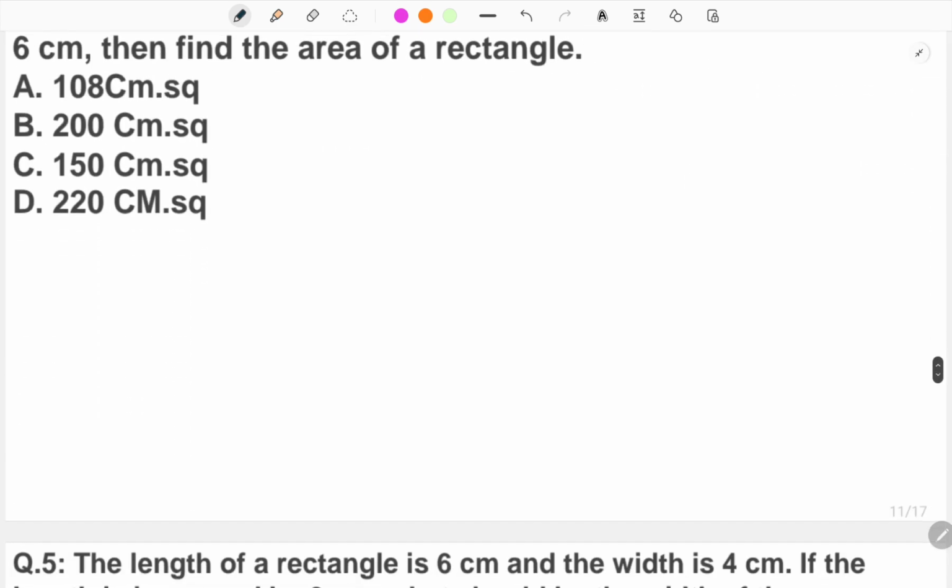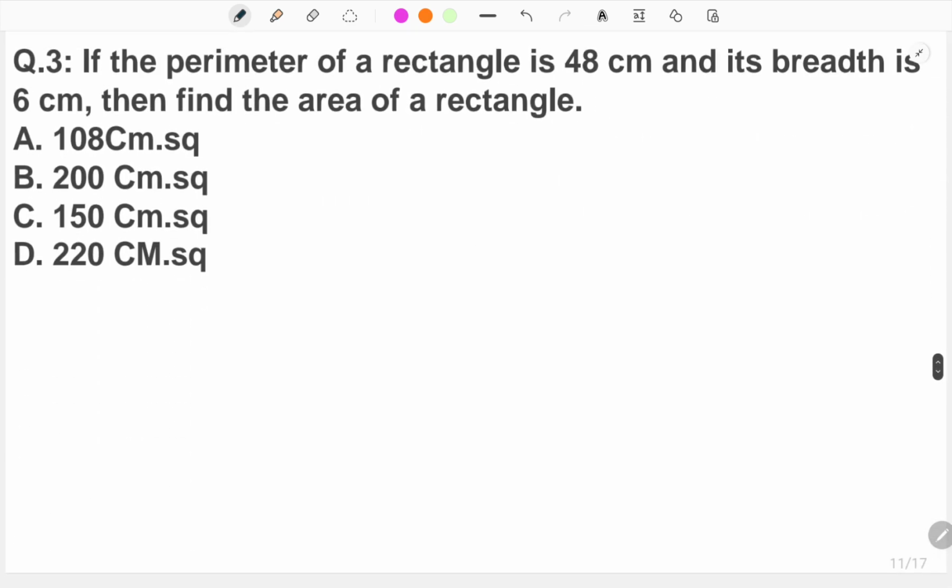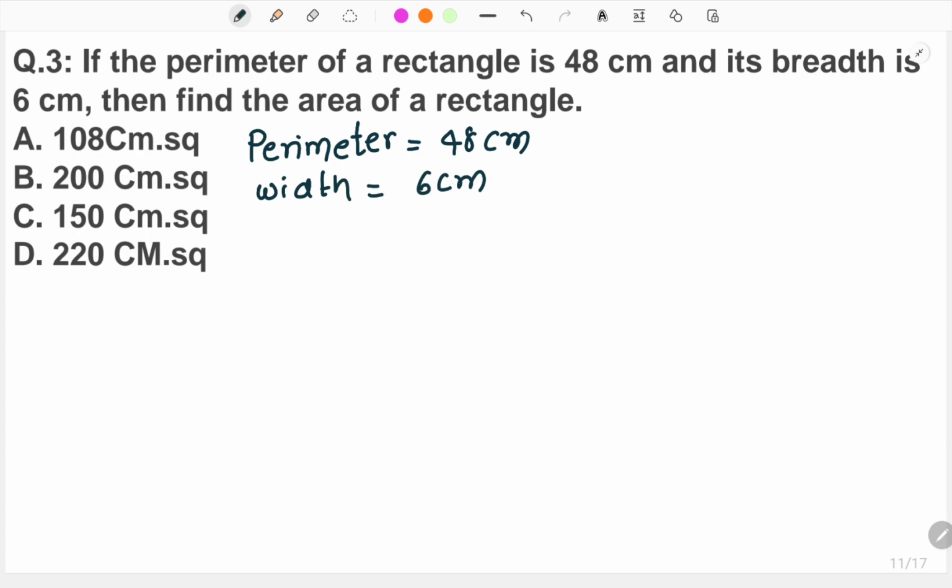Okay, moving ahead with question number 3 now. If the perimeter of a rectangle is 48 centimeter and its breadth is given, what is it? 6 centimeter. We have to find the area of the rectangle. What is mentioned? Perimeter. Perimeter is equal to 48 centimeter. And what is given? Breadth is given. Breadth means width only. So what is the width, guys? 6 centimeter. Now we don't know the length,